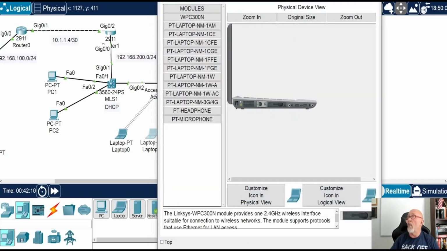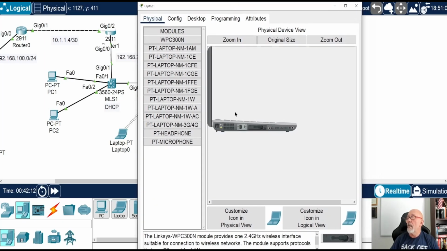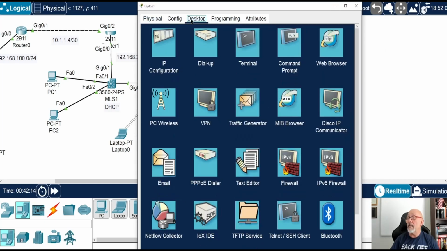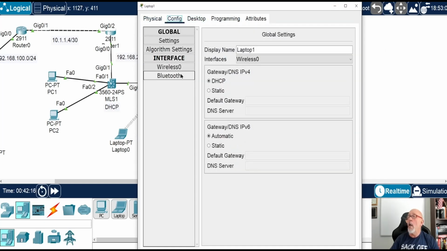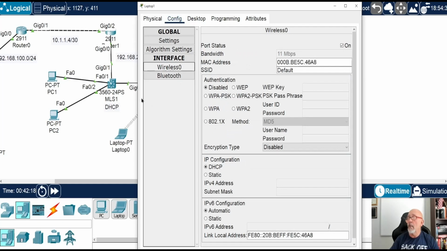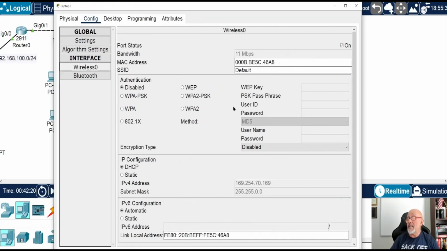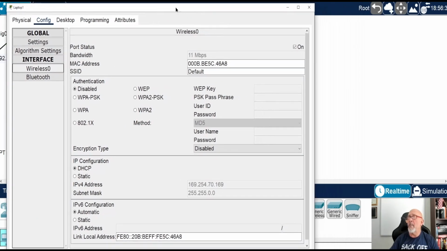Let's do the same thing to the wireless. So we go to, again, not desktop, config, wireless 0. Let's make it so we can actually see it. All right, it's not all crunched up. And that's one bad thing about Packet Tracer. It crunches everything up. You know, you got to separate things. So talk to your college professors: hey, don't give me a crunched up thing, okay? Spread it out so I can see it.